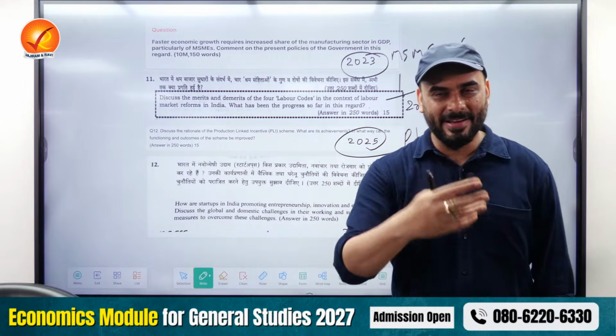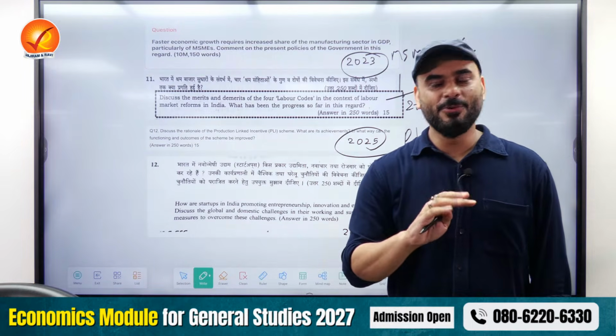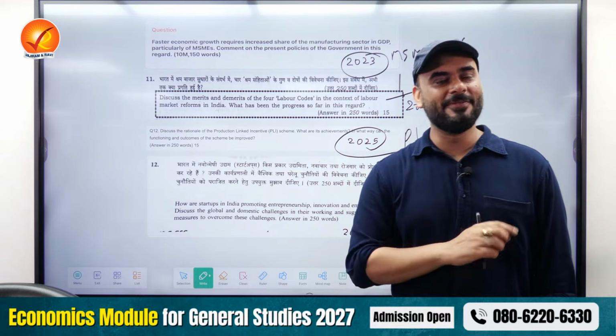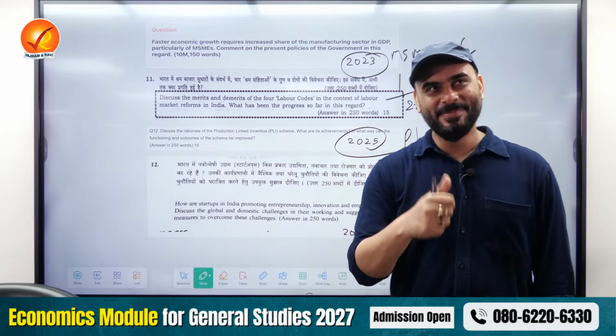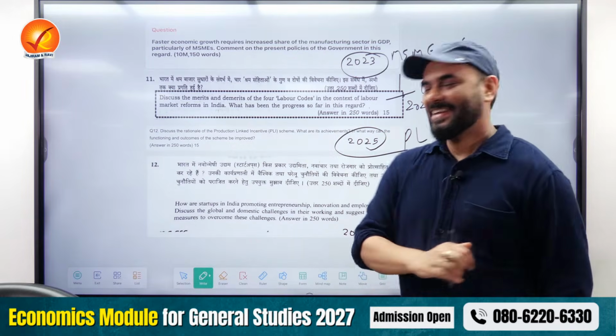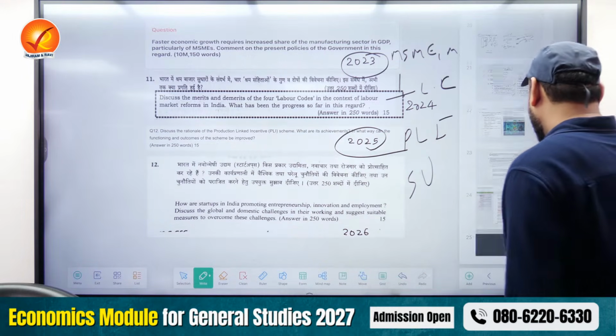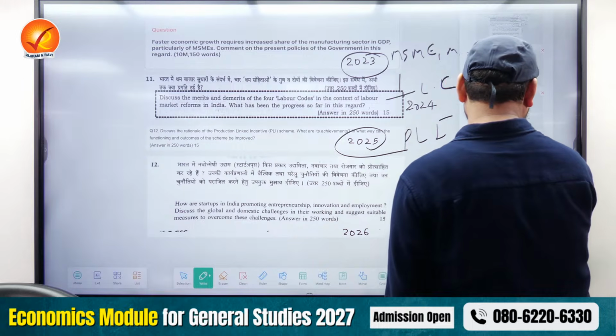If you prepare all these things nicely, nobody needs to do any kind of prediction of what will come in the exam. We can simply smile and say, I am prepared for the exam, because we know what is the maximum they can ask. After that, there's nothing left to ask. So this is actually the way we are going to study.